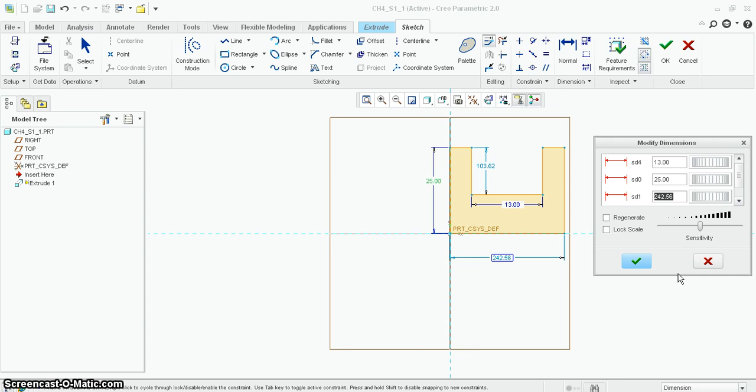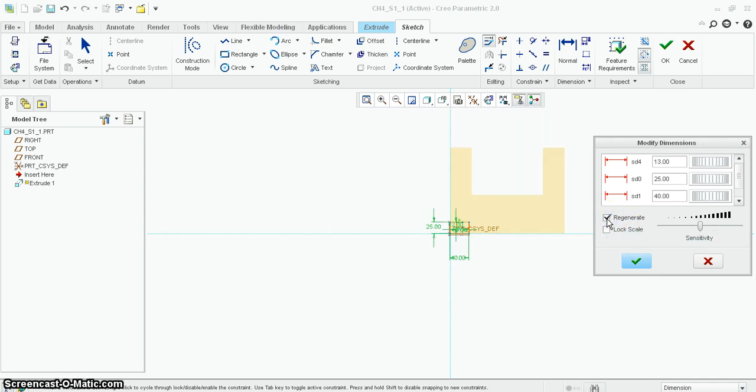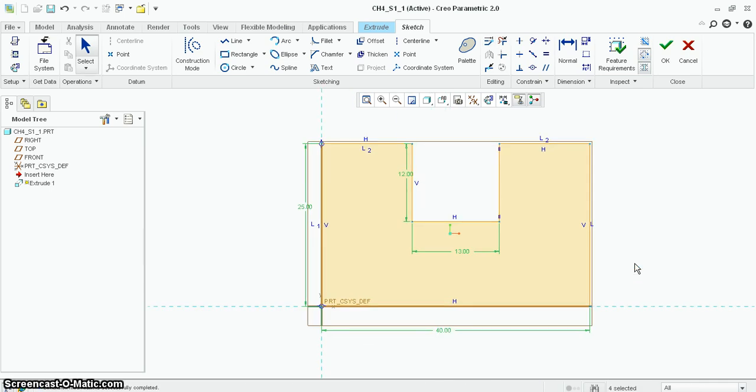The base width is 40 millimeters, enter. Depth of cut is 12 millimeters, enter. We have added all the dimensions. So now click on regenerate, then accept this. So you see all the dimensions are rightly placed. So accept this sketch,